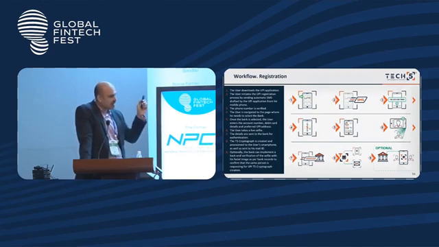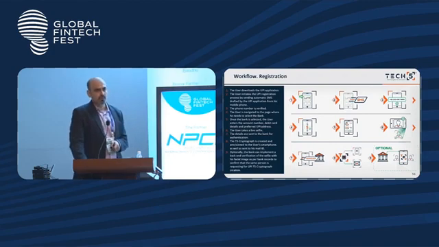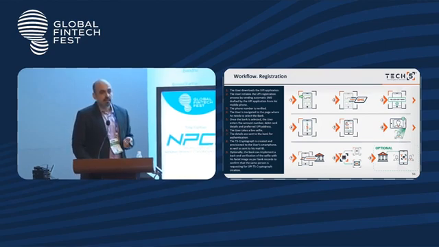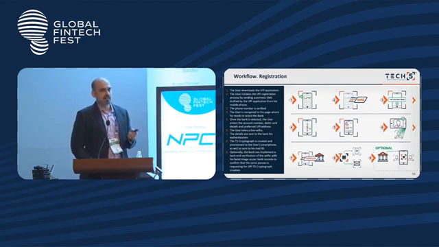I won't get into the detail. On the left side, you see it's quite a busy thing. But just to walk you through the workflow, a typical registration would look like this: you open your UPI app, and while you are about to create your UPI ID, it always gets linked to your debit card and, via your debit card, to your bank account. While doing that, we all know that we can open a bank account only when a KYC is done. Right? And while doing that KYC, the bank actually has our facial photograph already captured. So you could utilize that facial photograph to register yourself. And that's the first time that you capture a live selfie from the app.